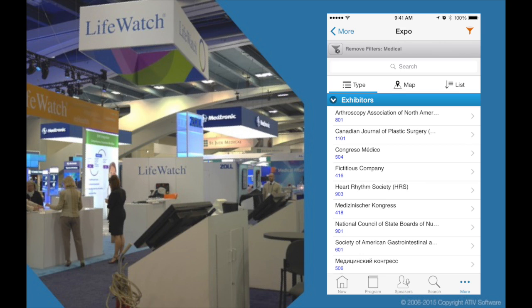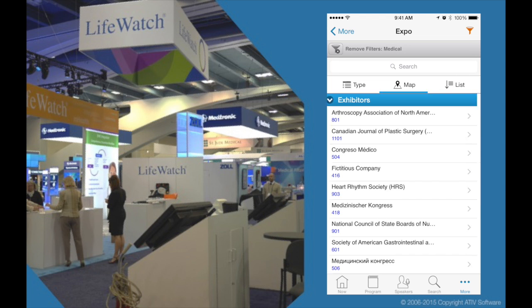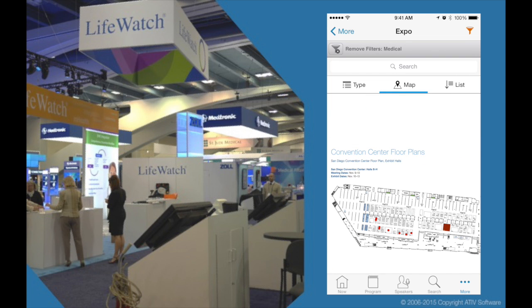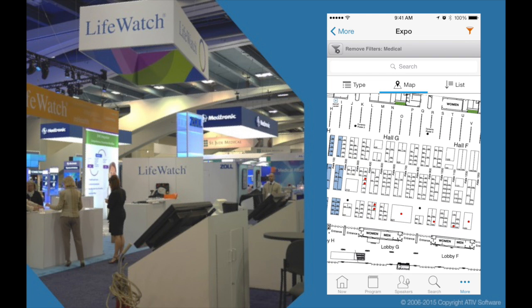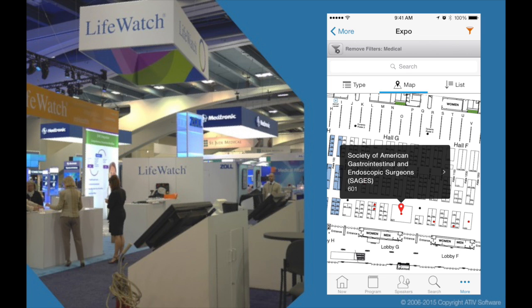If I'm already in the expo hall, I'd like to know where these vendors are to efficiently visit them without having to crisscross the entire expo floor back and forth. With this powerful view, you instantly see the search or filter results visually on the map. So it's like a Google Maps search, where you see the location of your search results. Reverse mapping allows me to see who is in which booth, and I can quickly access their detail view to